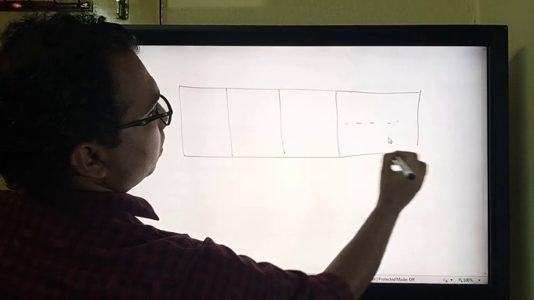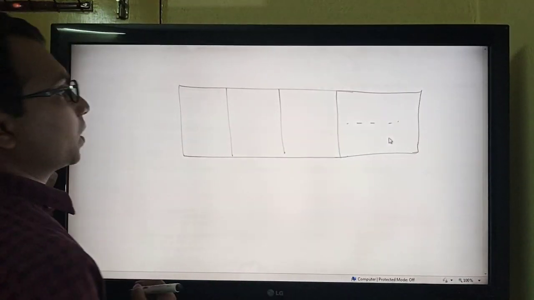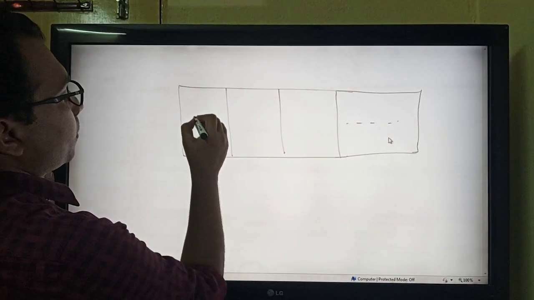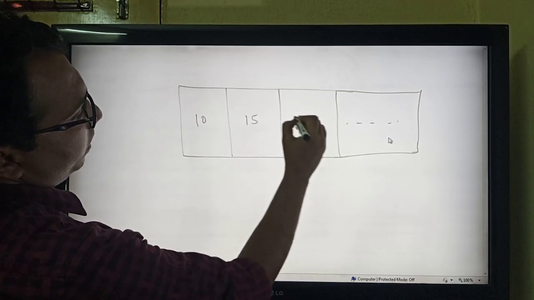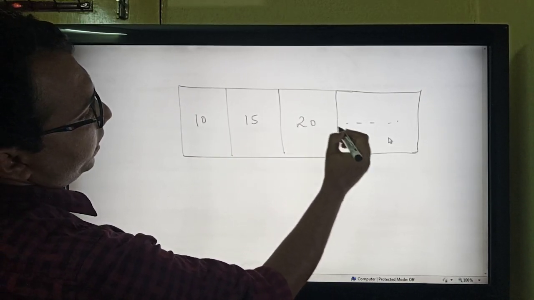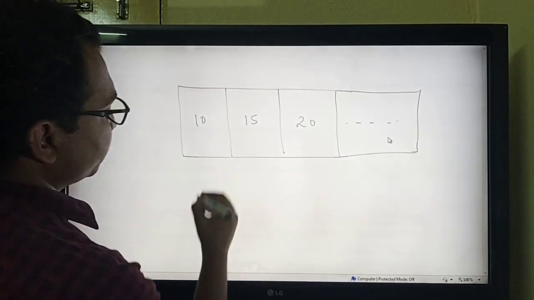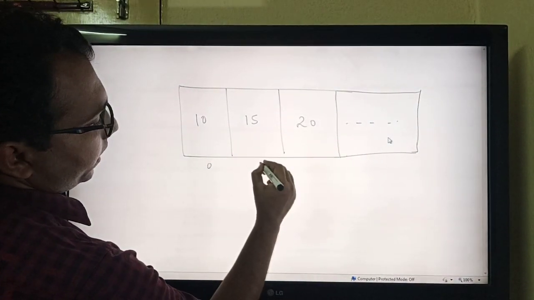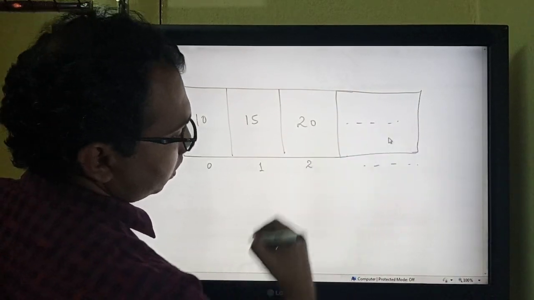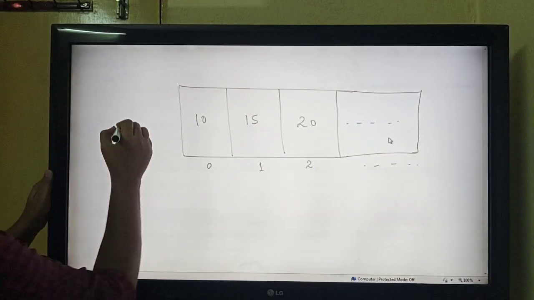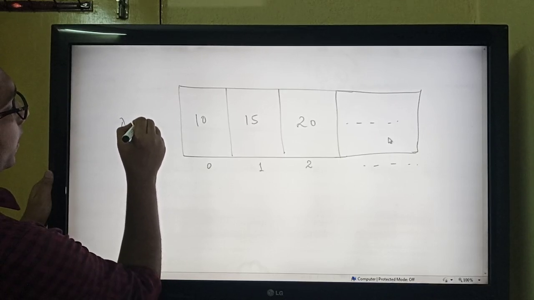Let's say 10, 15, 20 and so on. This is index number 0, index number 1, index number 2 and so on. Assuming the name of this array is ARR.